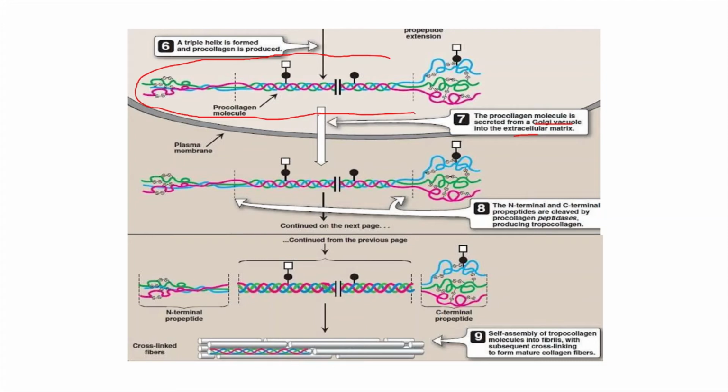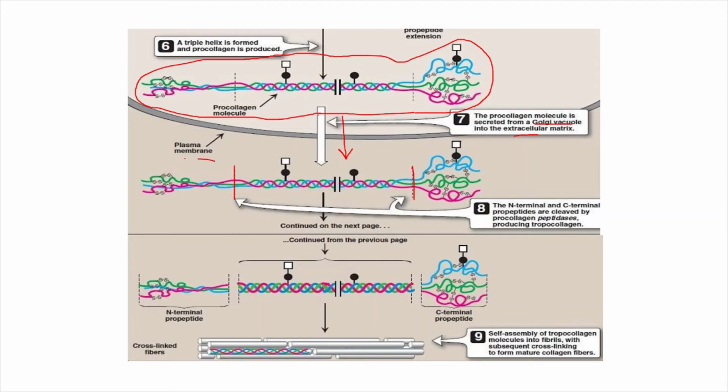Because outside the cell in the extracellular matrix, the cleavage of the procollagen into the tropocollagen will occur. So this entire thing is secreted outside the cell, and once it is outside the cell, there are two cleavage points. One at this position, cleavage will occur, and the other at this position, cleavage will occur. And the final thing that we will get from procollagen on cleavage is what we call a tropocollagen.